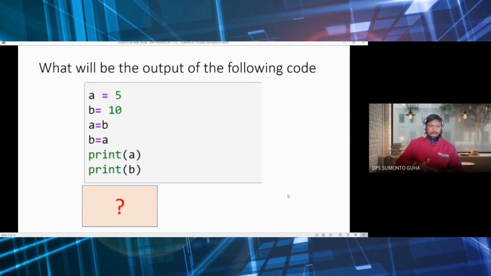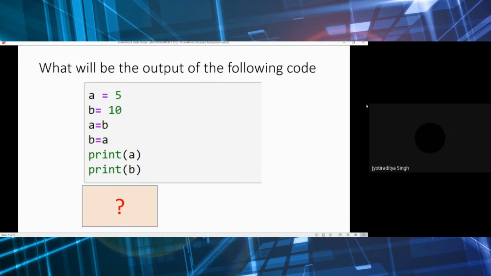If I run this simple program on Python, what will I get as an output? Jyotiraditya, yes sir, what is your explanation? Sir, I have written 10 and 10. Okay. So, sir, the explanation is, if we see it line by line,